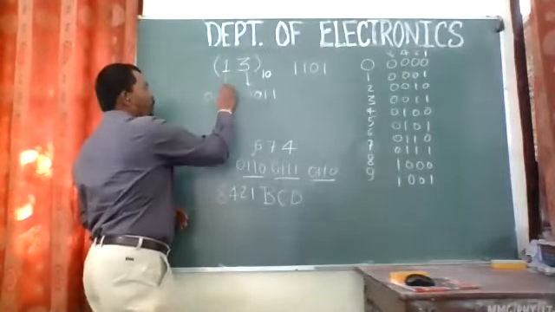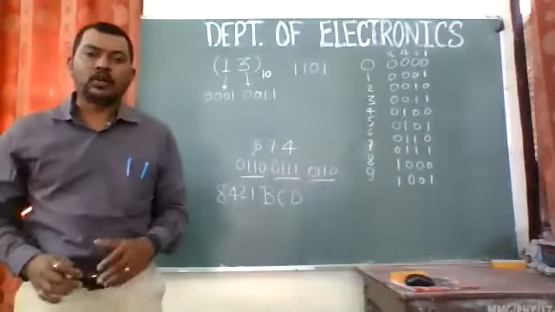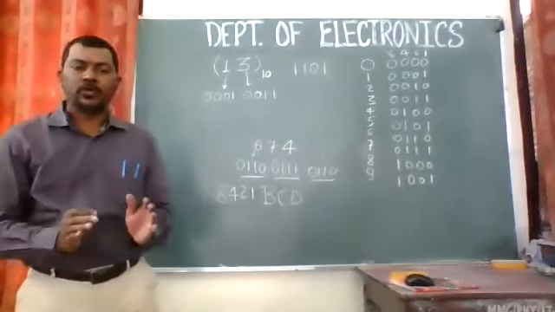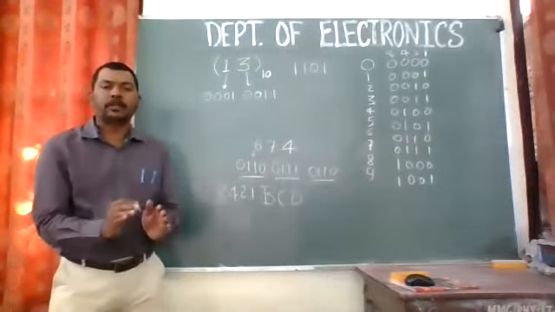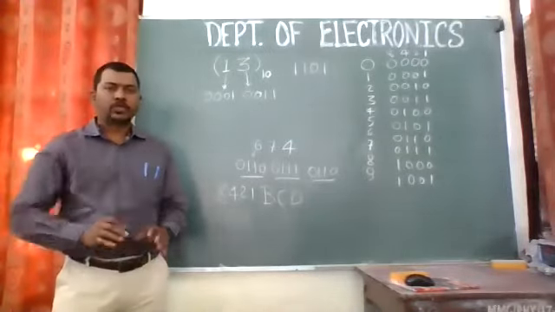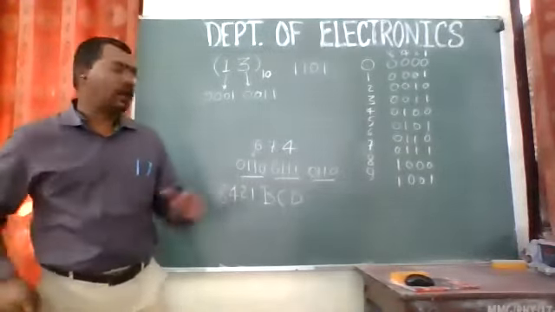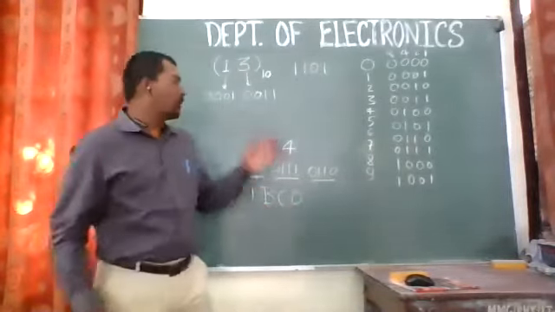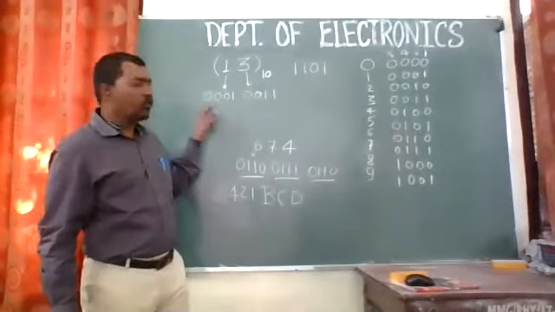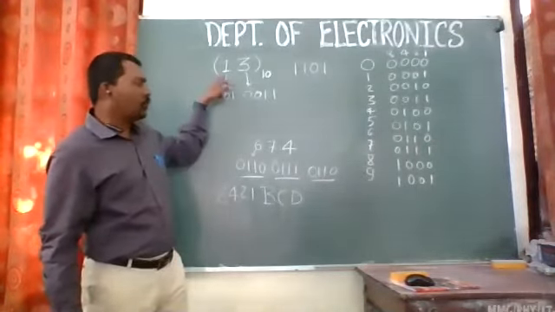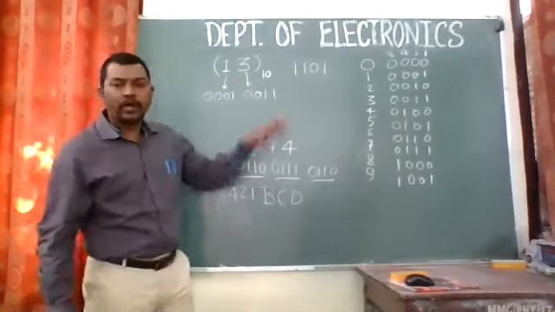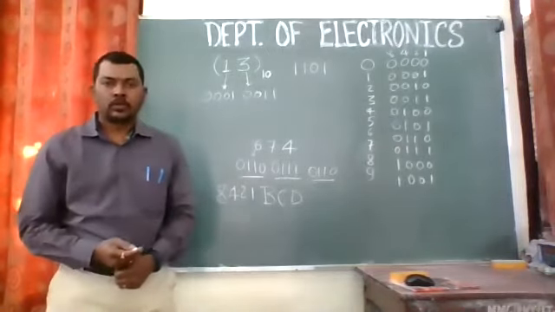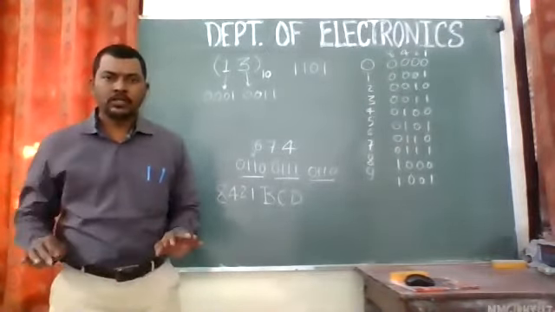So I will have two 4-bit numbers, which we call 8421 BCD code. BCD code means binary coded decimal. It is not going to convert further, we convert between these 10 symbols only. So the equivalent of 13 in 8421 code is 0001 for 1, and for 3 it is 0011. Am I correct? Have you understood this?